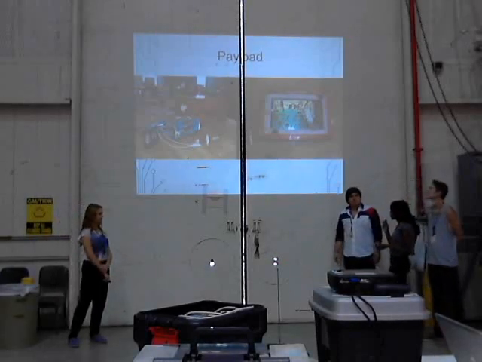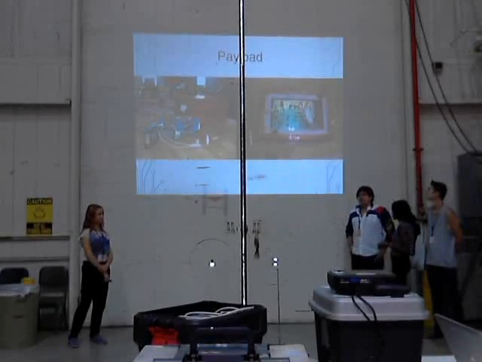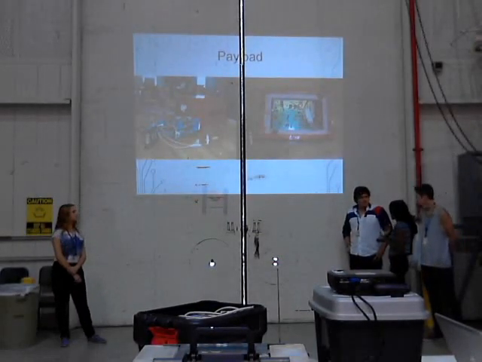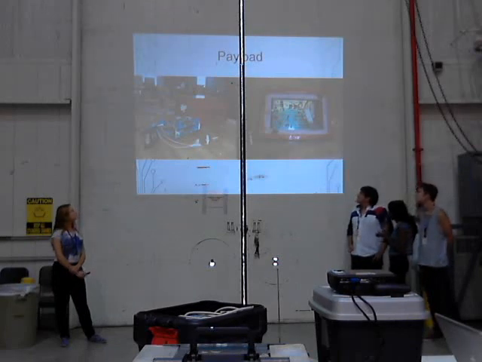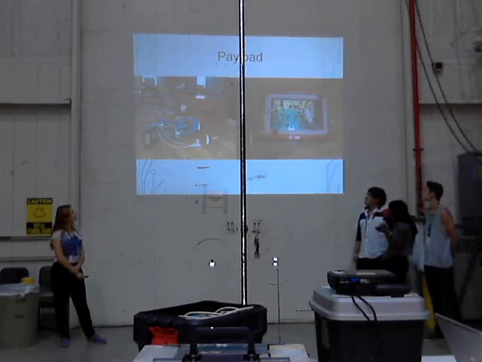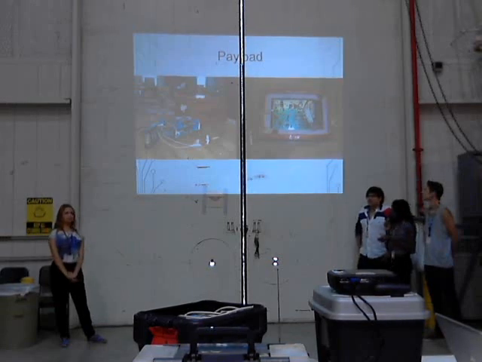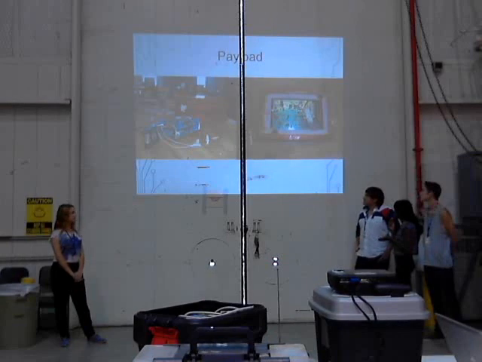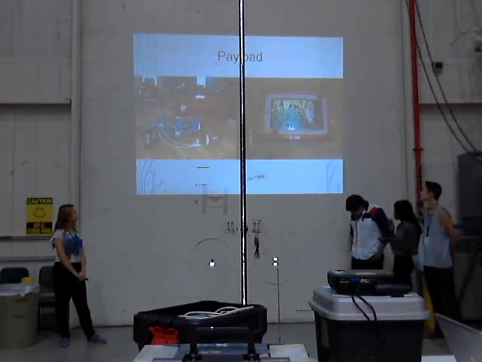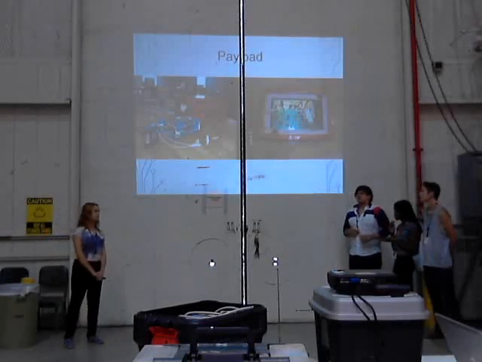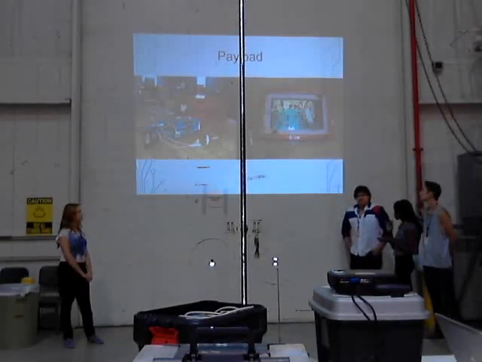And this is our payload box that we designed, and our BalloonSat is right there next to our batteries. The top circuit board is our sensor interface, and the bottom one is our BalloonSat. The top one, the sensor interface, takes in all the data, and the bottom, the BalloonSat, processes it and acts as the sort of brain of the whole thing.